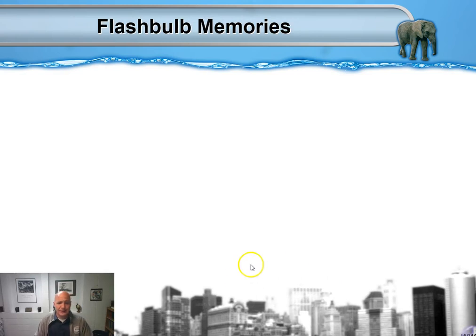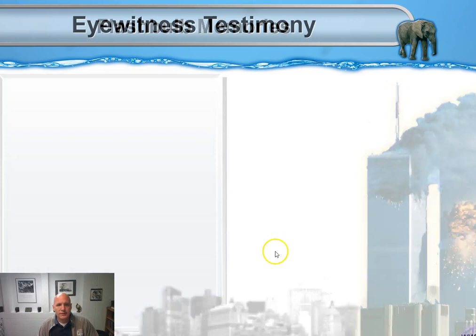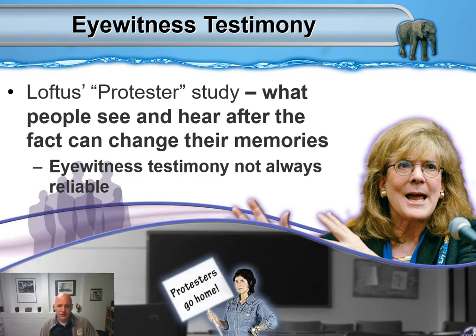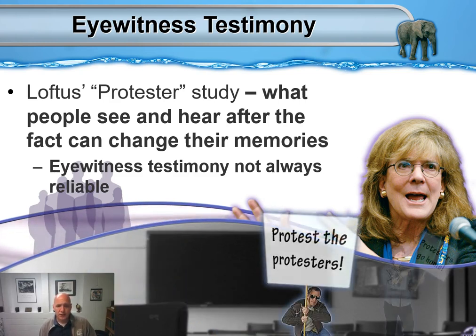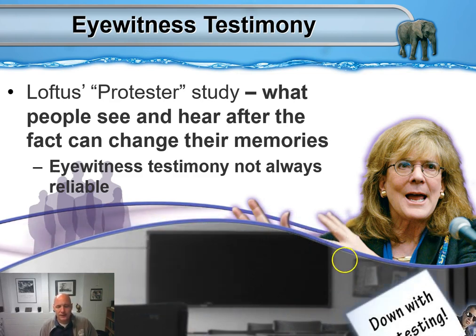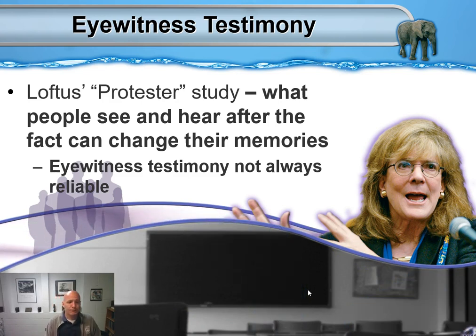Eyewitness testimony has been proven to have problems. So for instance, there's Elizabeth Loftus and the protester study. She basically had research participants in her class, and she had individuals break into the class to protest. And then several weeks later, she asked questions about this protest, but she asked the questions to students in a misleading way. So she passed out a sheet and she said, when the 6 protesters came into the room,